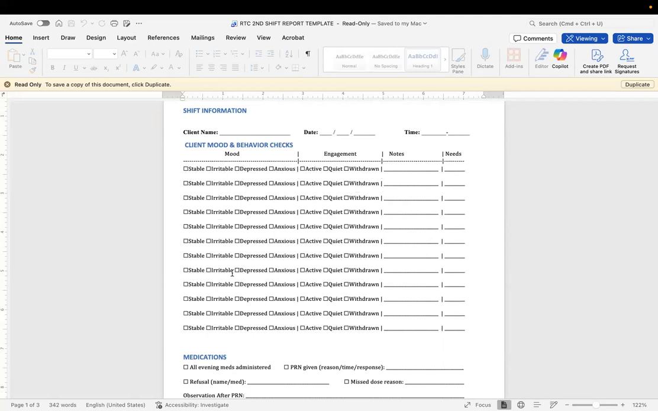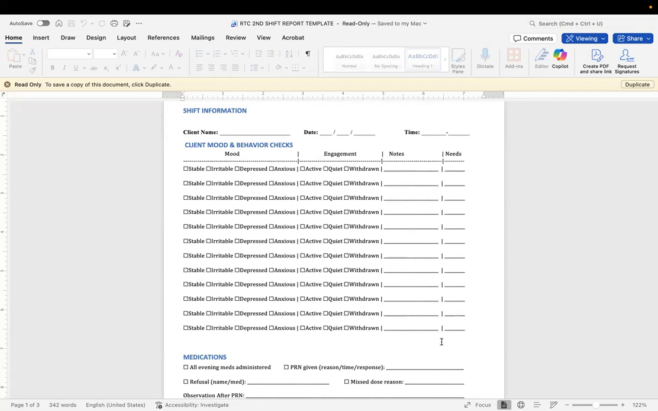And if you don't see something here, if you want to say she wasn't stable, irritable, depressed, anxious, active, quiet, withdrawn, or if you wanted to say that I was just something different, you can always put it here in the notes. If something needs to be done, maybe there needs to be a medication awareness, or a training on mindfulness, or